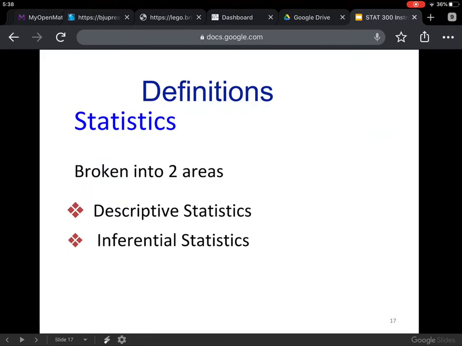Statistics, as I've mentioned to you guys, is broken down into areas. First, you, of course, gather the information, but then you describe and then you infer. So describe, the descriptive statistics, will be about organizing the information, pulling out specific values out of the data that's been collected. And then inferential statistics, that branch, if you will, is to come up with conclusions based on the organized data, right?